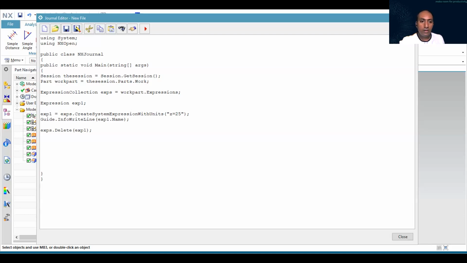So string means I will use it as z, but this time I will use some formula. Let's say 25 plus 10, and then later on I need to use unit. So what I will do is I will use as unit,